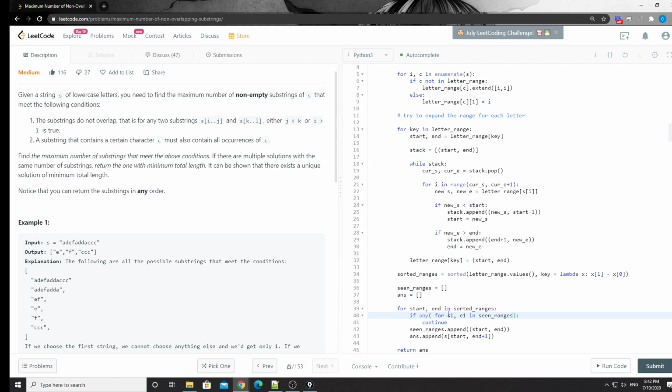Okay, for each S1 and E1 in the ranges, if any of them has this, basically, I'll call it S1. So if the end is greater or equal than the S1 and the E1 is also greater or equal than the start,